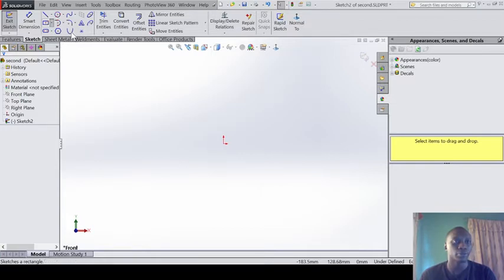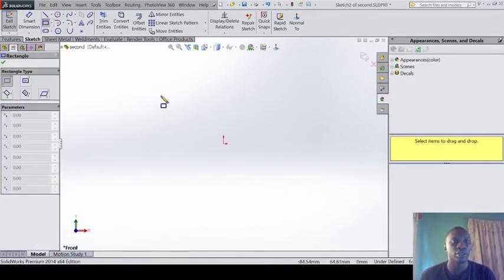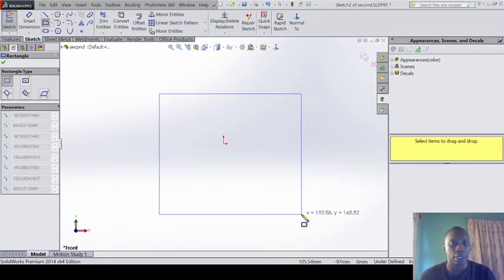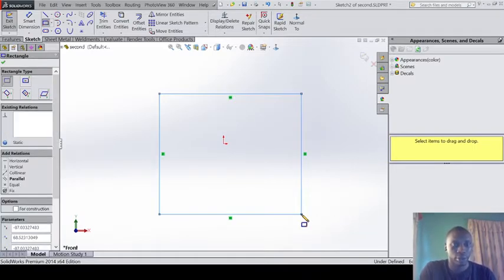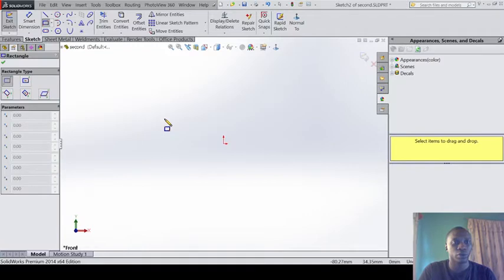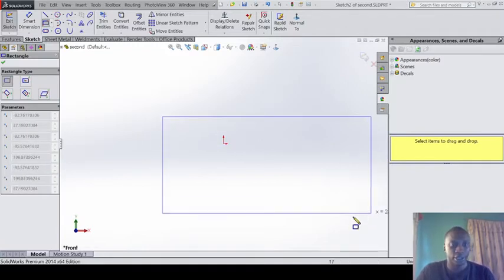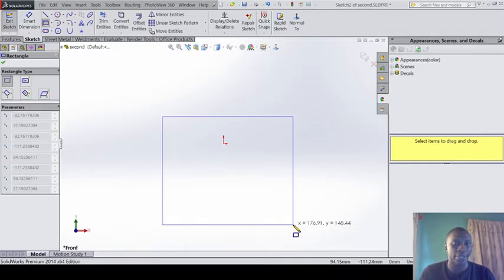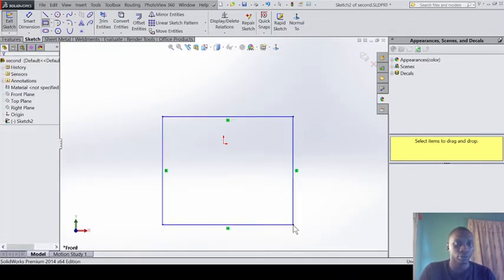So let me first explain the corner rectangle. How corner rectangle works is that it goes from one corner to another corner diagonally. You get it? Let me draw it again. Pick the corner rectangle from one corner, drag it to another corner. That's just it. So simple. Can I give it a dimension? Any dimension you want. Click on this line, then drag it also, then double tap on it